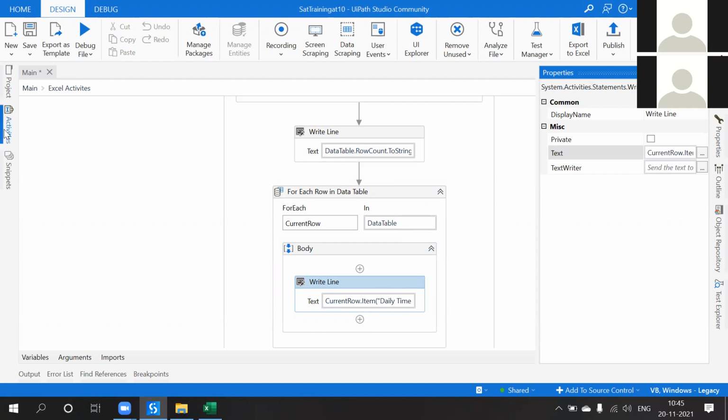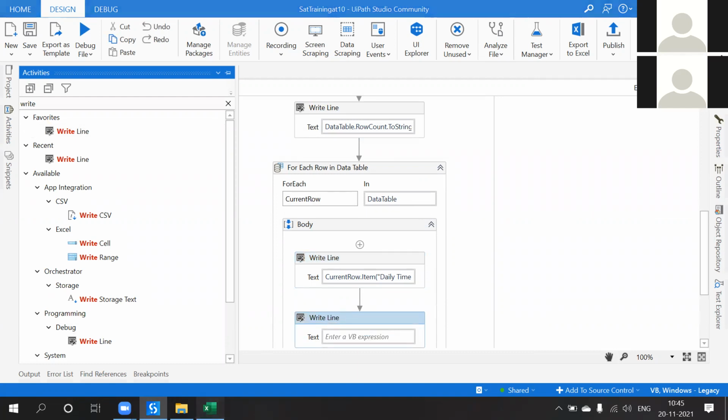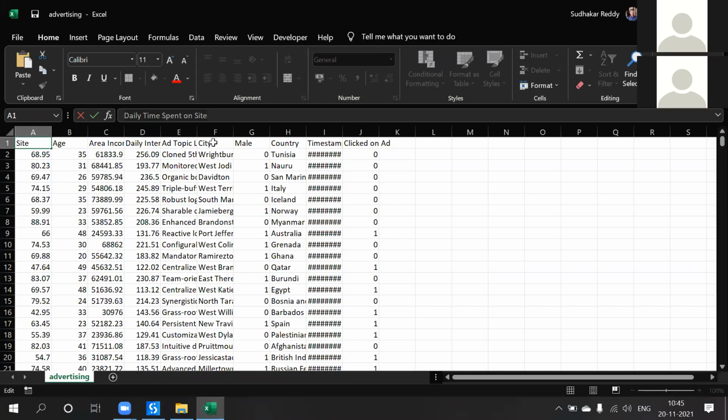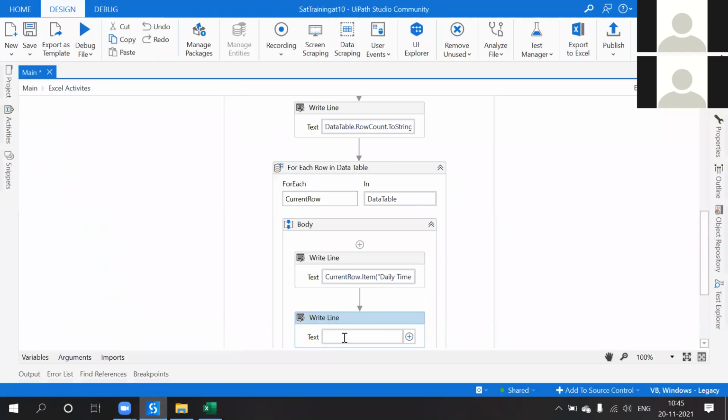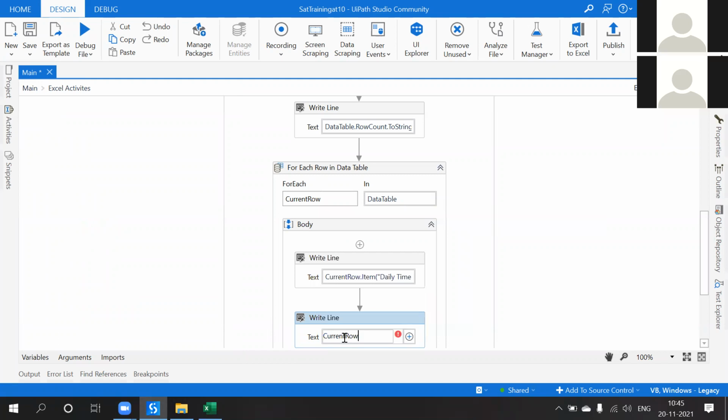If you want to use multiple columns, this is only for one particular column. So for rows and city, I use city. We won't just read data and put it into a write line. When you are working in real time, you will use this as an input to the application. So item of